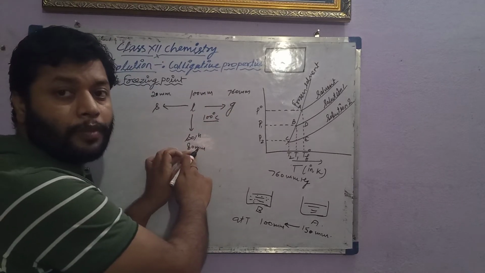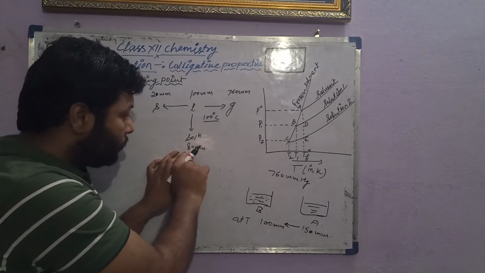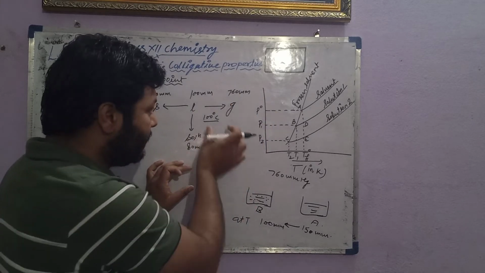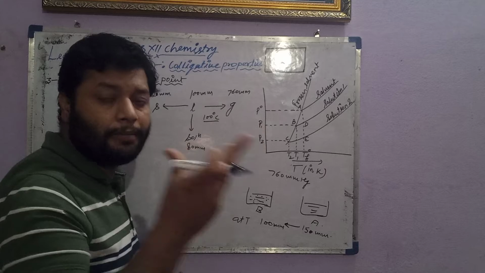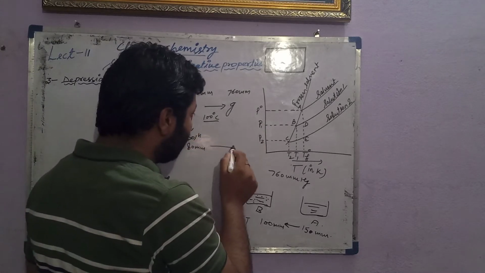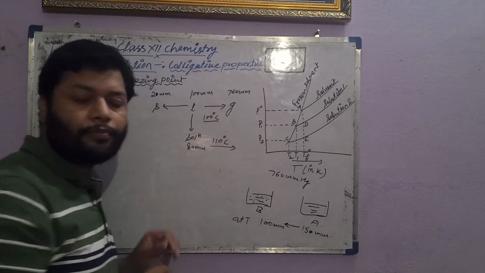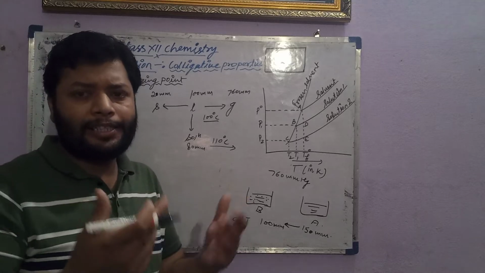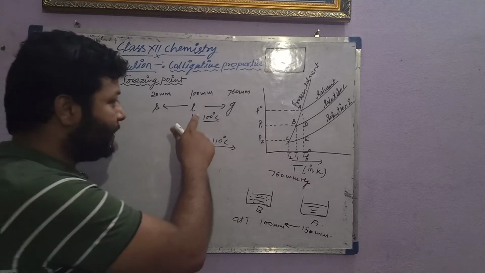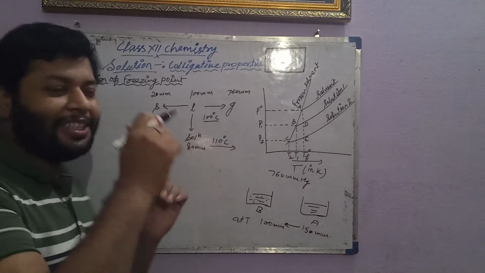But now the pressure is 80 millimeter of mercury. So to attain 760 millimeter from 80 millimeter, there must be some extra temperature required. And that is why, suppose, 110 degrees Celsius is required. And that is the case why there is elevation of boiling point, because the vapor pressure decreases now. But it is the opposite in the other case.